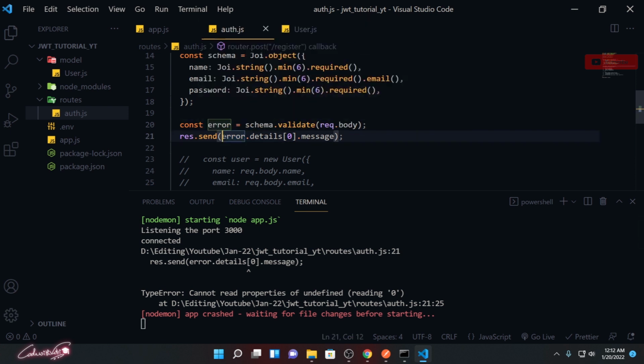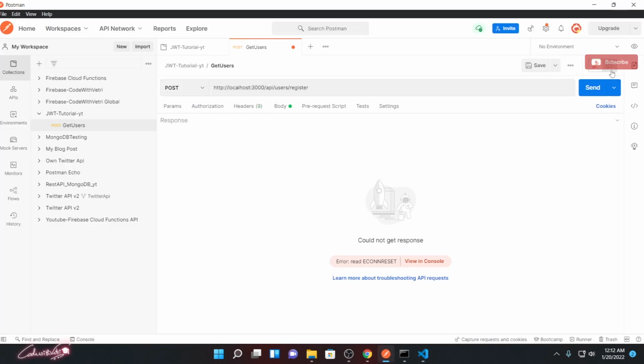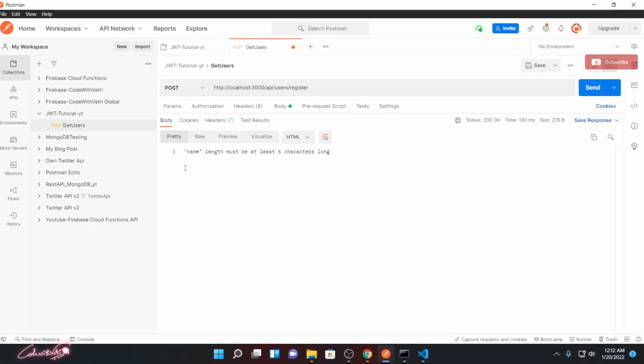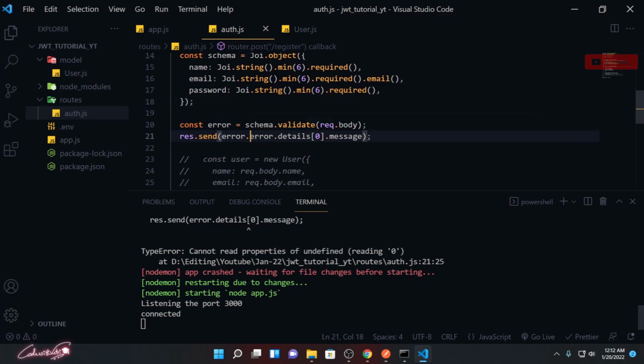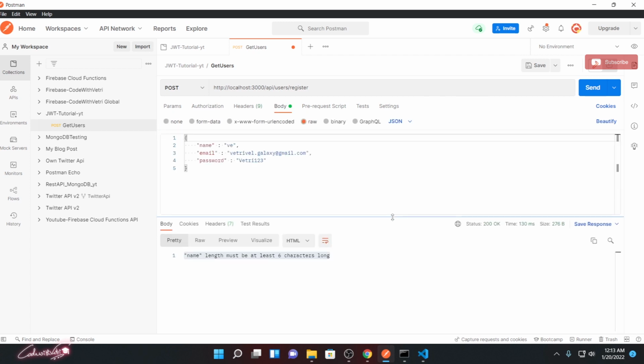Oh, it's inside the error object, I think so. We'll send it again. Yeah, here we go, because there is one more object over there, error. Inside the error only we have the details, and inside the details we have the message. That's the problem. Okay, so now we got this error message, and let me minimize it a little bit.